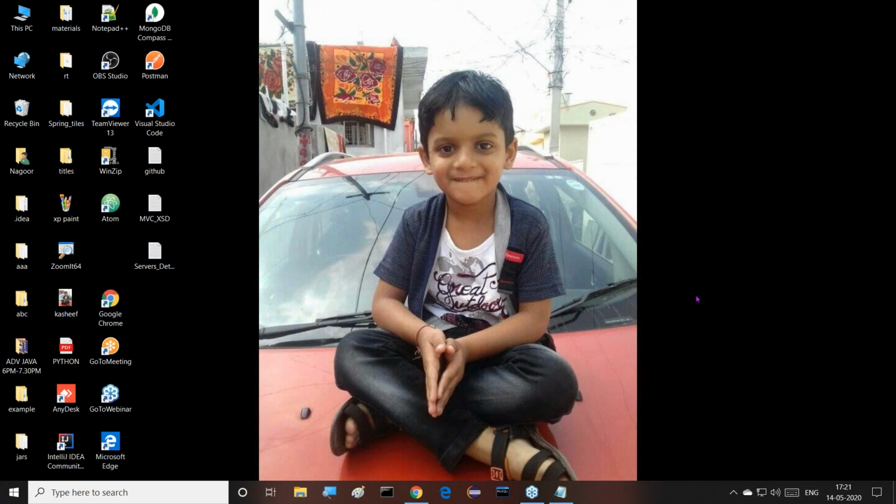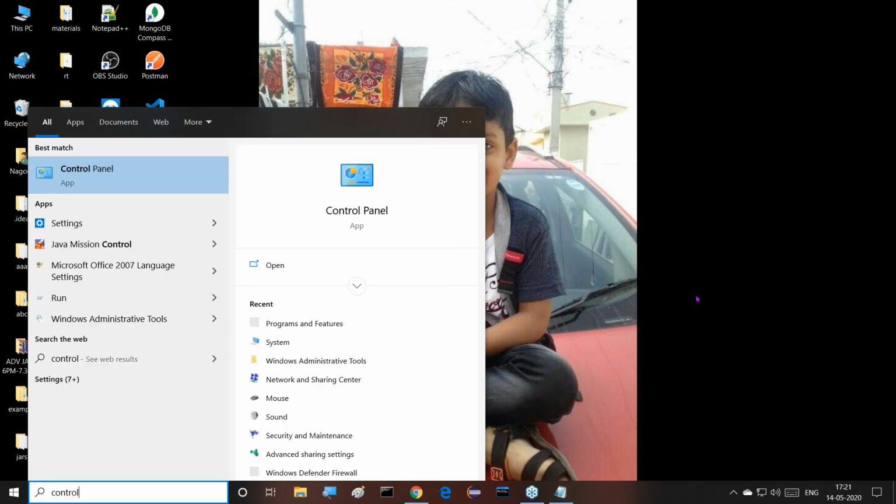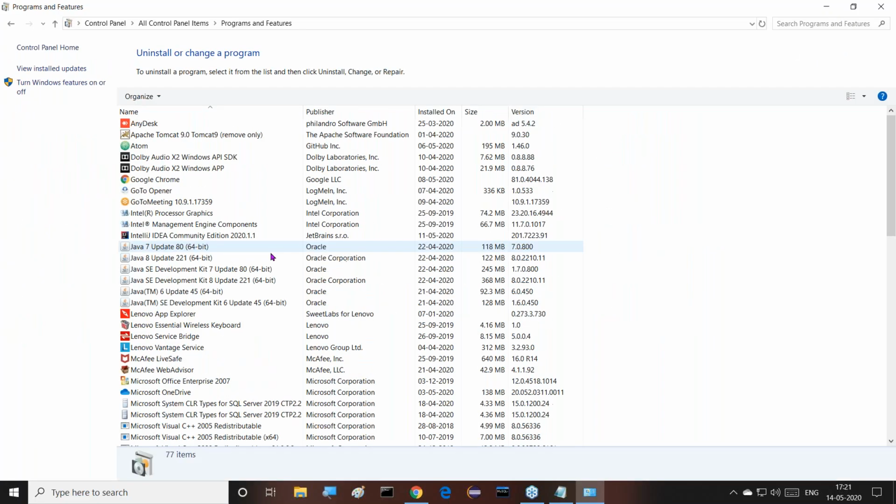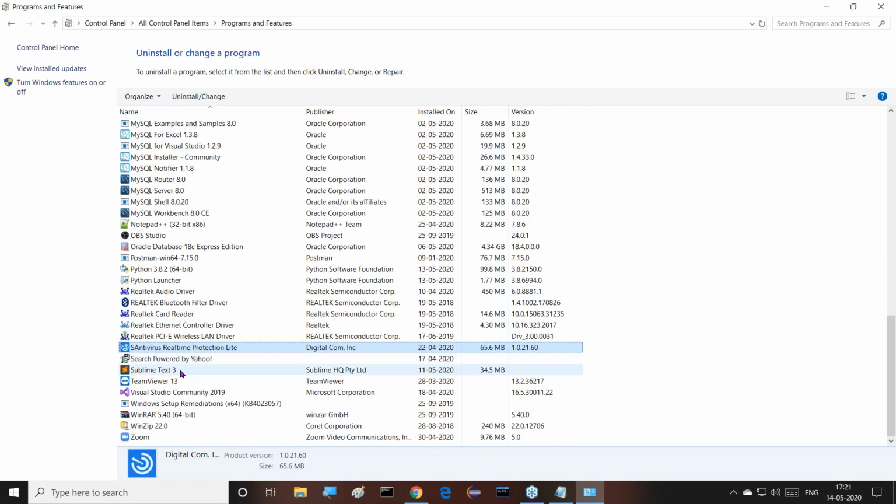Now let me go for Sublime Text. If you want to use Sublime Text again here, go to Control Panel, Programs and Features. Right, so Sublime Text 3 that we provided, I want to uninstall it.